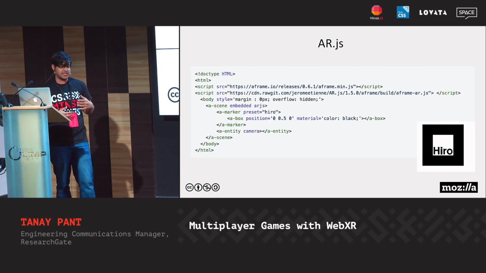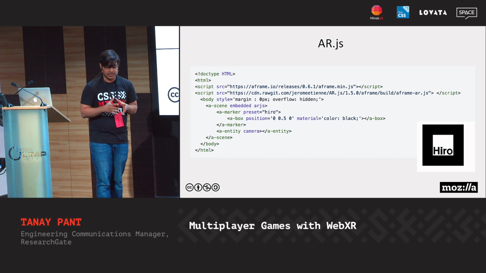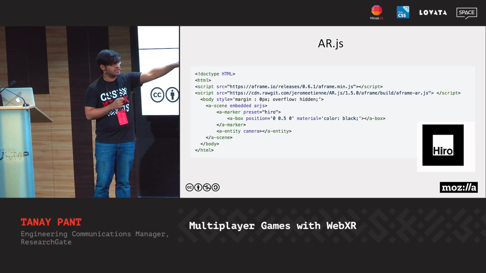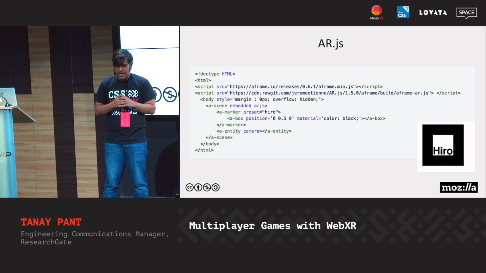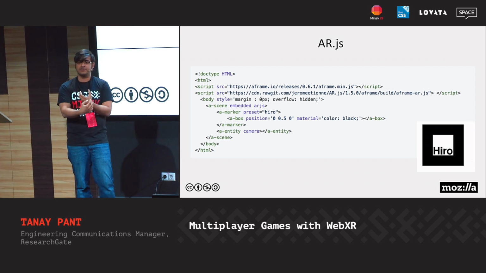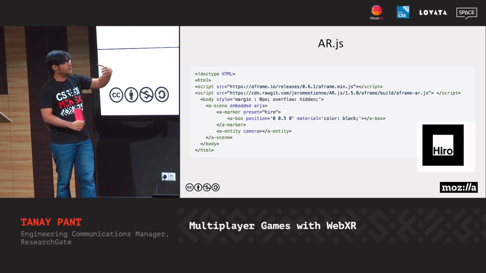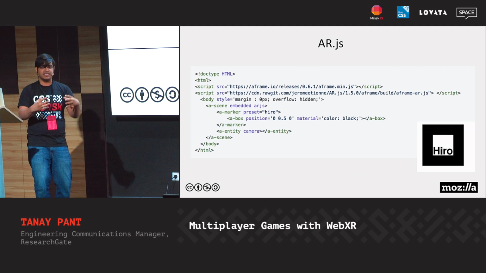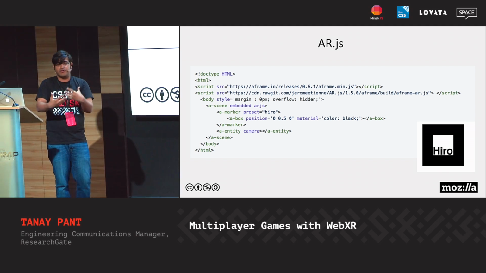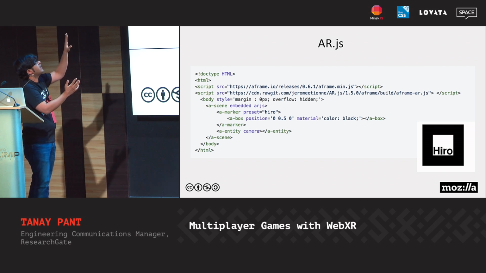So this is how it works. I include AR.js, and AR.js comes with a couple of preset markers. If you see that one here, it's a preset marker called Hero, and it comes with 2 or 3 of them. And when you take your mobile, it uses the web APIs to use the camera. And if you point your camera at that marker, that basically presents whatever 3D information that you want to convey. So let's take a look at what we have here.